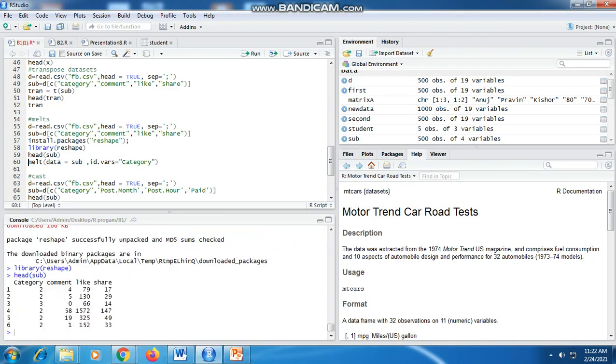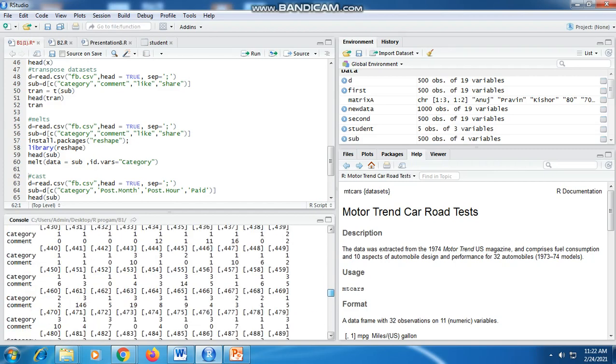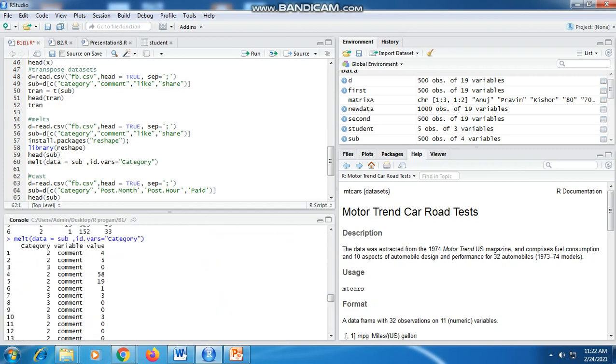Then head and melt. To execute melt we need the reshape package, and we are performing melt on category and comment values. It tells us that category 2 has comment value 4, category 2 has comment value 5, likewise.